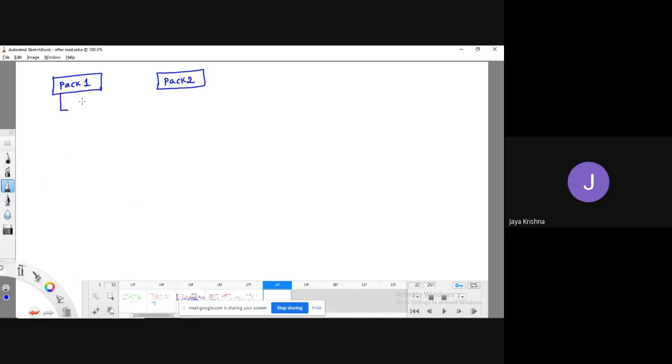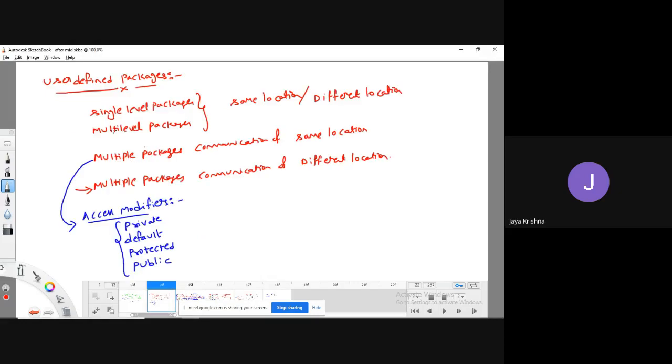This pack1 contains one class file whose name is m1.class, and there is one more class file m2.class, and here there is one more class file that is m3.class. If I am trying to communicate between these two files, what is the meaning of this? That is what we discussed, right?